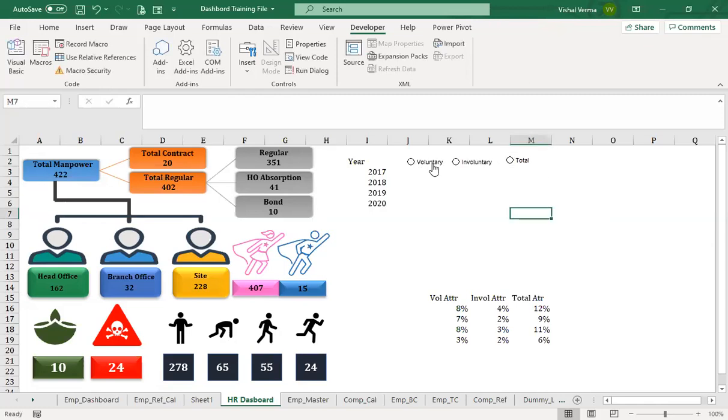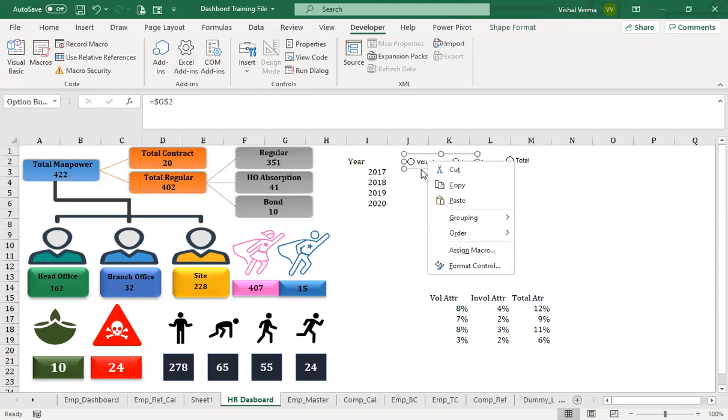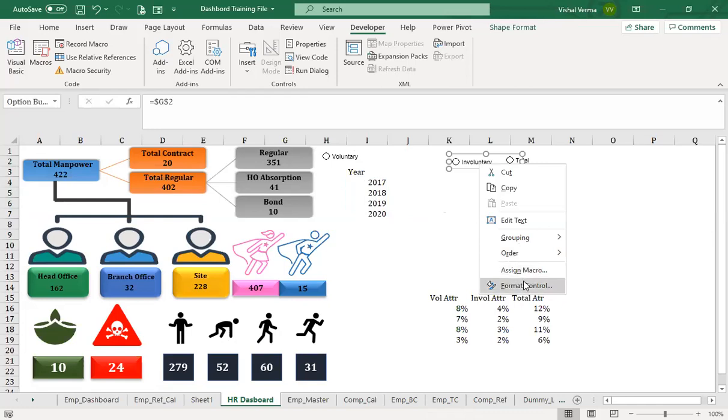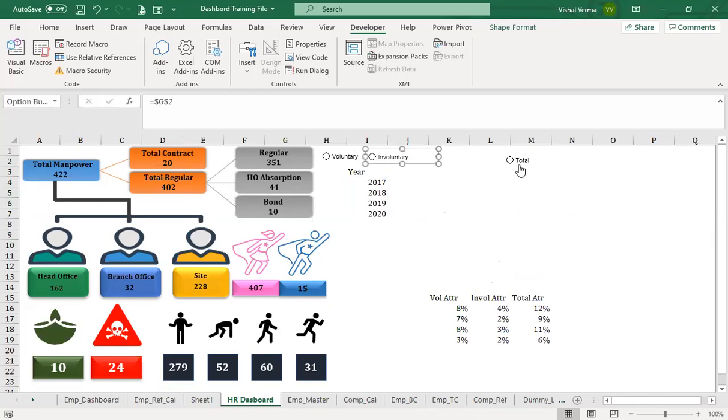So we can just move this data a little. Let's move this one a little. We can just move it from here, move it to the voluntary, involuntary, and the total.